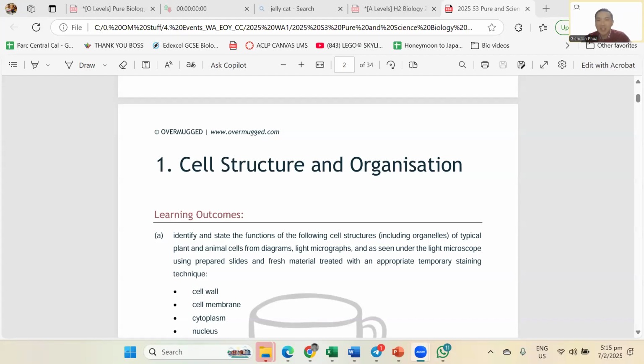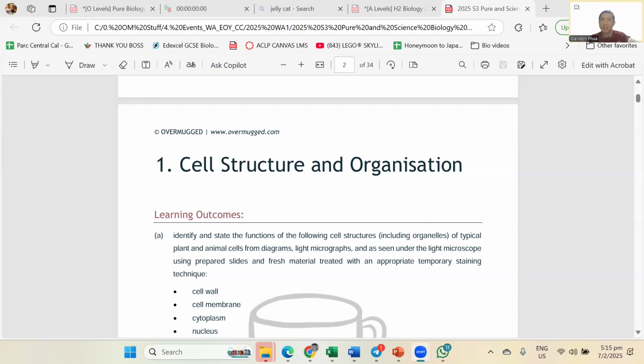Okay. So in honesty, here's what's going to happen. I'll be going through this topic first. Then we'll go through some questions. Then I'll go through transport of substances and go through some questions. I will not be reteaching the entire topic. But what I'll be doing here is to double down on areas which you might find confusing. At the same time, it is for me to pass you knowledge on things that you might find hard to remember.